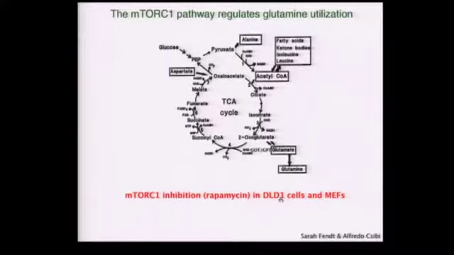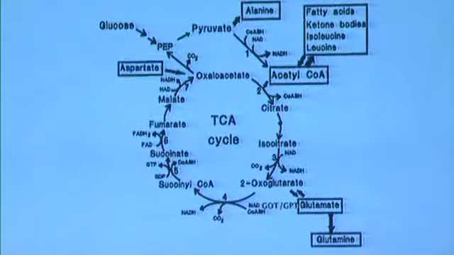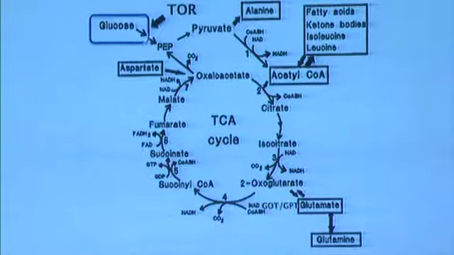I want to say that a lot of the experiments I'm going to tell you about over the next few slides are completed in a colon carcinoma cell line, or in TSC2 null MEFs, or in TSC2 null LAM cells, and prostate cancer cells. But we'll focus on these here. Okay, so what we know about TOR is that it does contribute to glucose metabolism. We know that MYC and HIF-1 alpha are involved in regulating many of these steps in glucose metabolism or glycolysis, and there's been a link between TOR and MYC and TOR and HIF-1 alpha, although the mechanism is not really clear, and I'll address that later on.